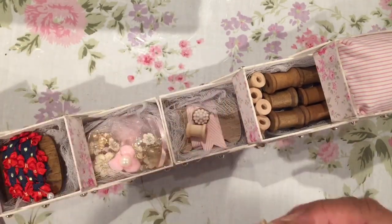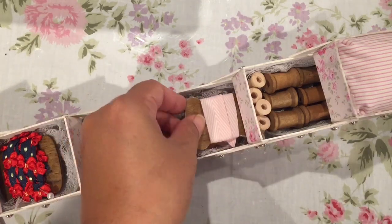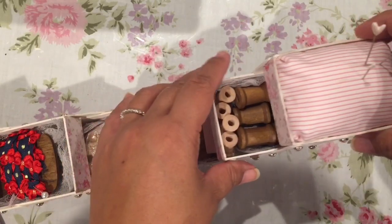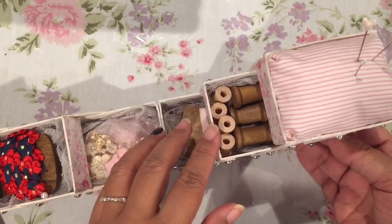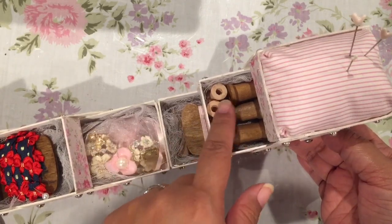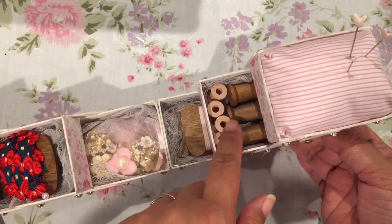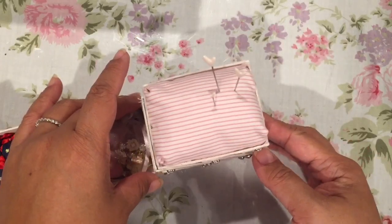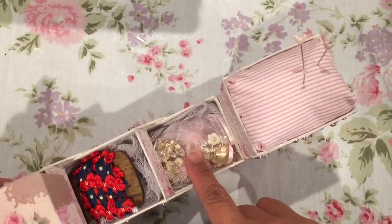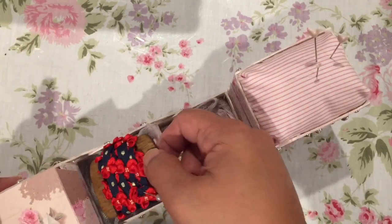And those flowers come from the French General collection that was done with, who was it? Cane Company. I included some little spools in here to gift to Esme. They're tiny spools. And then those charms. And then this one is just some